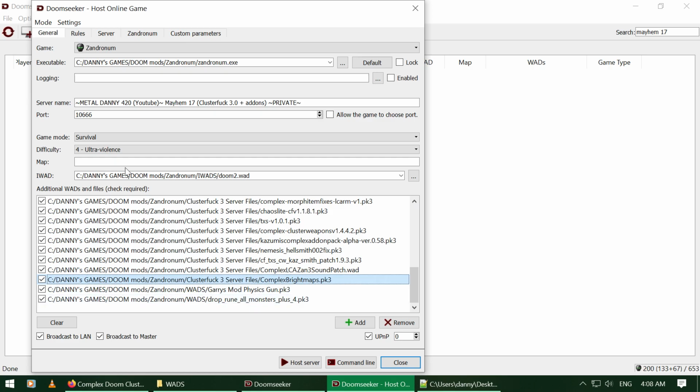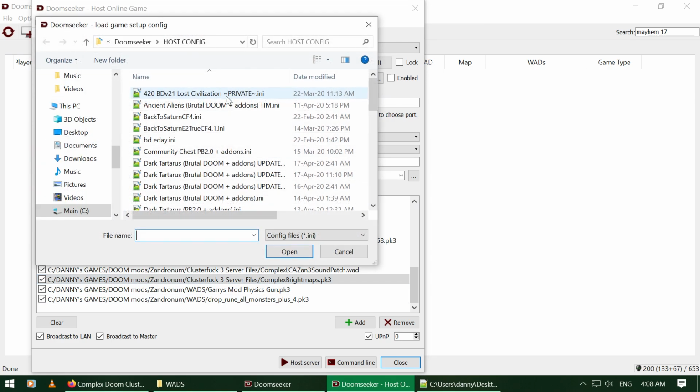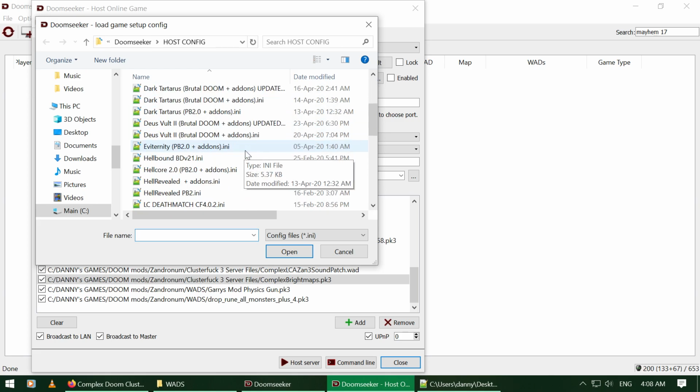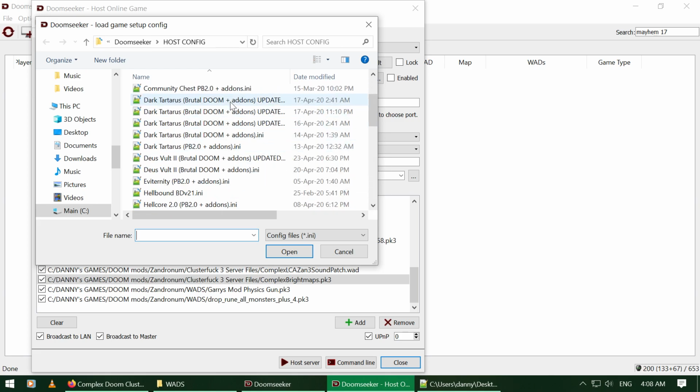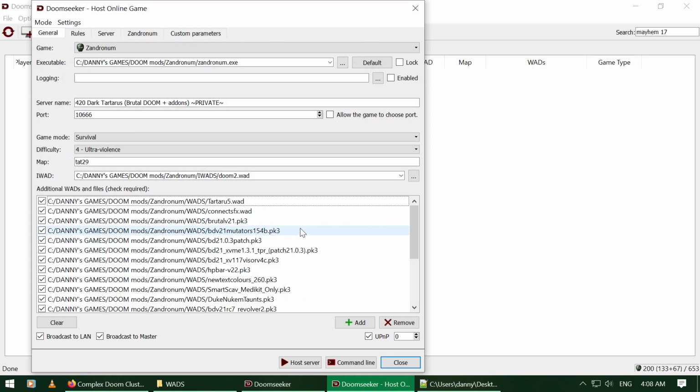As you can see here, all the files and the add-ons on the bottom, but I'll show you another preset. For instance, Clusterfuck, or here, Brutal Doom plus add-ons, pretty recent. First, you usually start with the map set, but I think Clusterfuck is one of the only ones that is an exception. If you don't know, always start with the map pack, but usually if it's add-ons and mods like Brutal Doom and stuff like that, it's usually in the description of the file where you download it from. So this is the order for the Brutal Doom files I use.